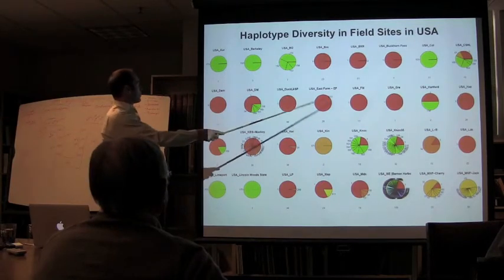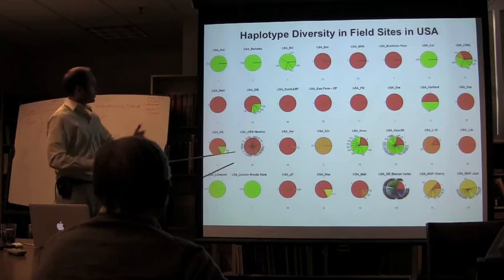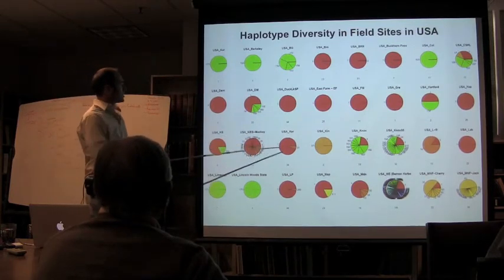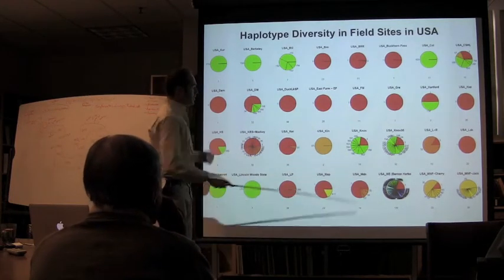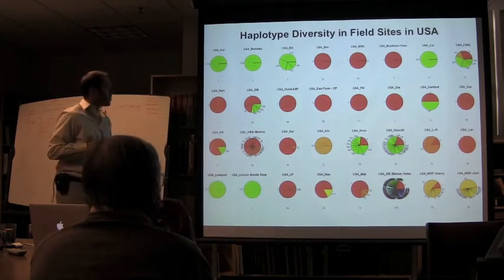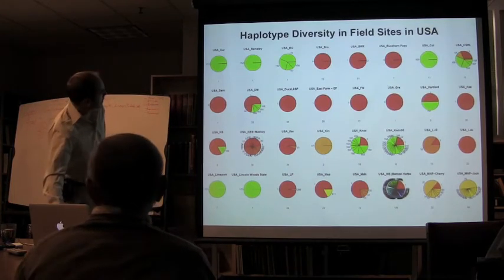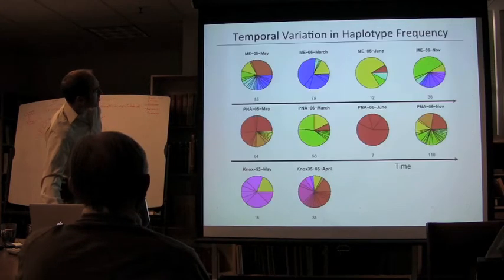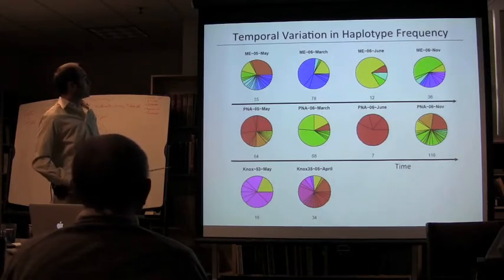So here are some of those clonal fields. Here's a field with two different types. Here's a field developing these recombinant inbred types, where two genotypes are being mixed, and some very high diversity sites that look like they could be in Europe as well. So North America isn't a bad place to study colonization genetics and population processes in Arabidopsis, which nobody believed at the time.